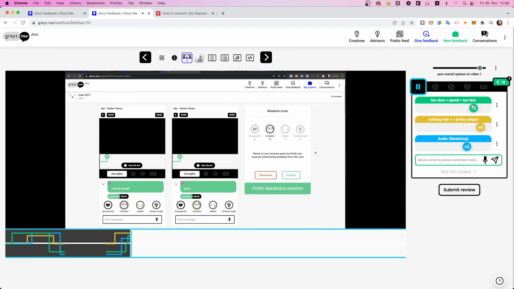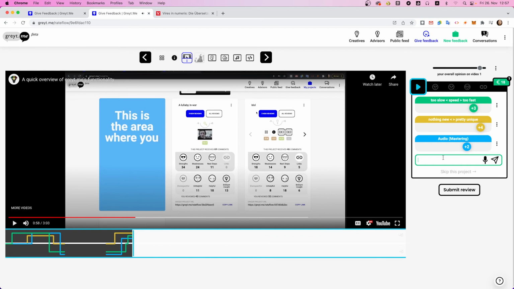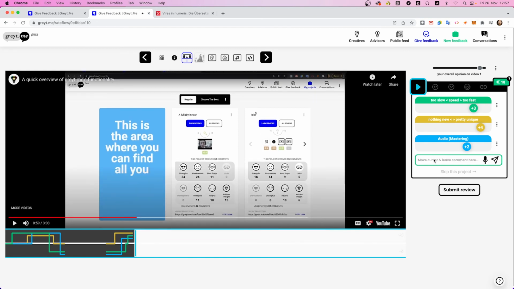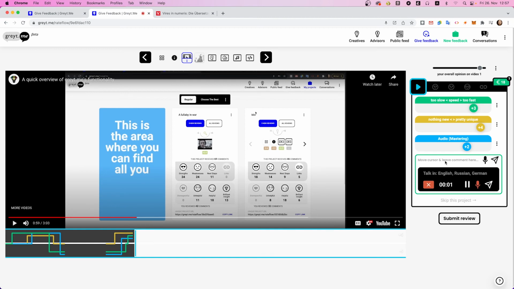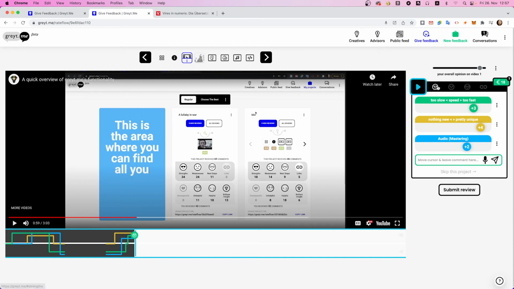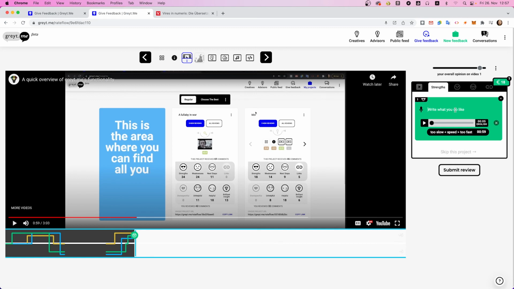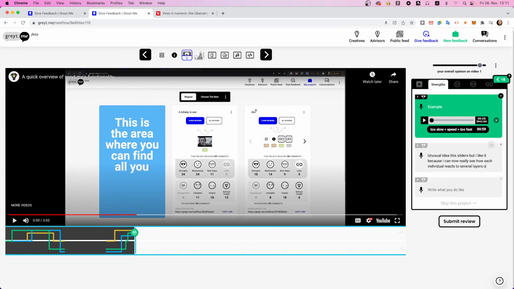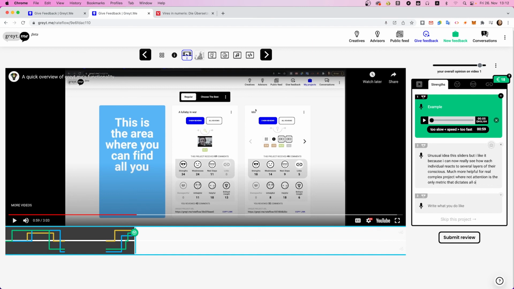To enter a comment at a specific time, just press into the comment field. Alternatively, press the play button to pause the file. Now, you can enter a comment at a specific time and also attach it to a specific slider by just clicking on it. Once the comment is entered, click the send icon. Now a context menu opens and asks where to send this comment. Let's use strengths for now. If we go to the strengths section, now you can see the entered comment, the time and slider name. You can still enter another comment here, for instance, when you want to make a remark about the file in general or talk about something not associated with the category of the colored sliders.